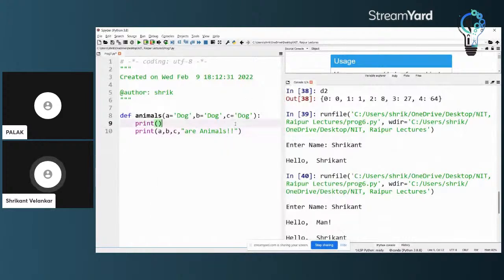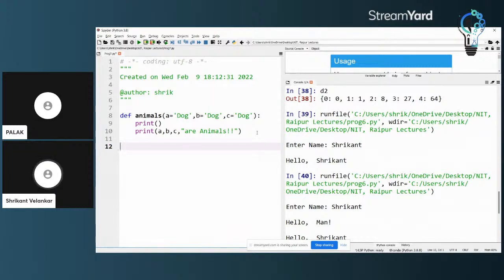So all these, A, B, C, are animals. Okay, so now I have written down this particular function. Now let's write a main program and try to see how it works.